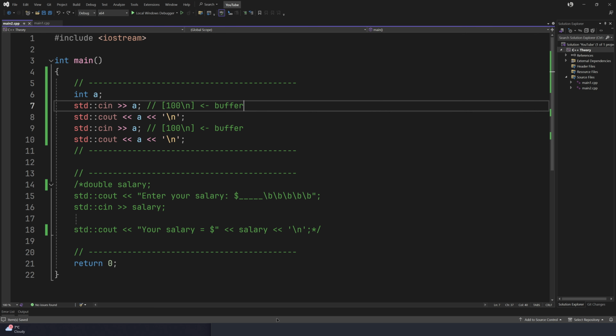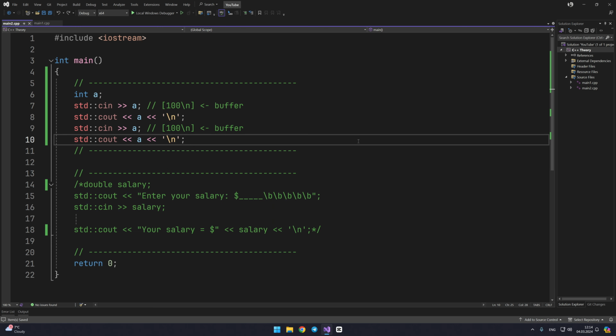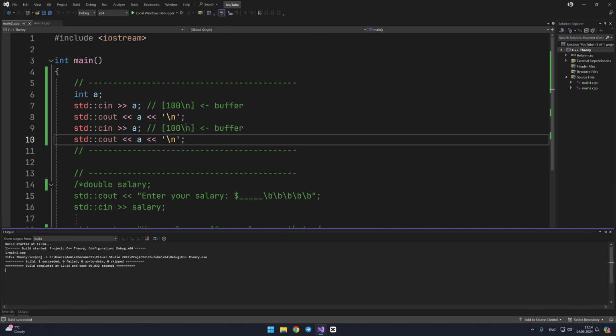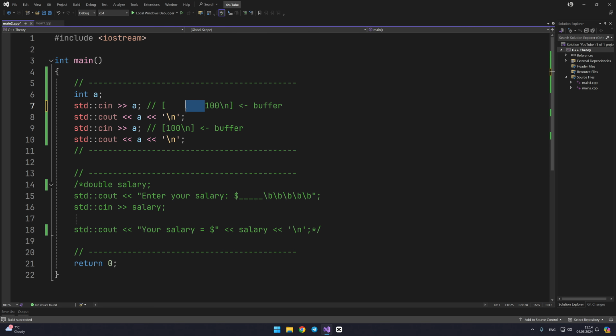Let's imagine that we have whitespace characters in the buffer before a number. Then std::cin will simply discard them. For example, if I now run the program and enter several spaces and only then a number, then the number will be written to the variable just fine because std::cin discarded the first spaces anyway. The same will happen with enter and tab. So cin has reached the numbers and starts reading them from the buffer. As soon as it encounters \n, it will stop, the buffer will become empty and the number will be written normally.